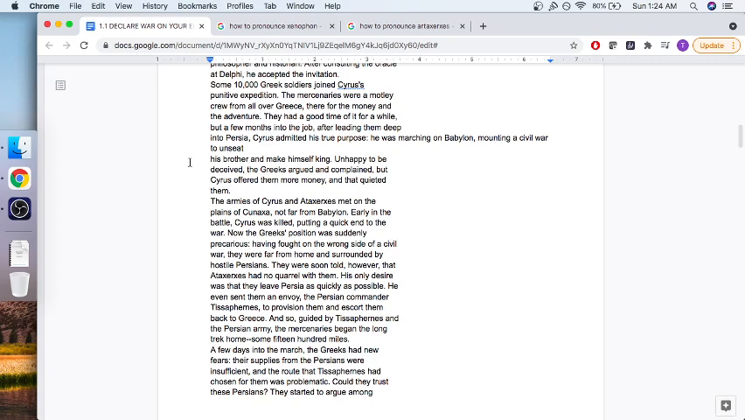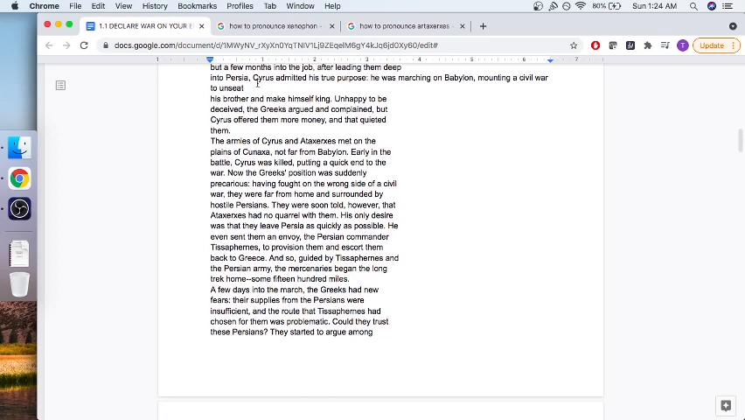Unhappy to be deceived, the Greeks argued and complained, but Cyrus offered them more money, and this quieted them. The armies of Cyrus and